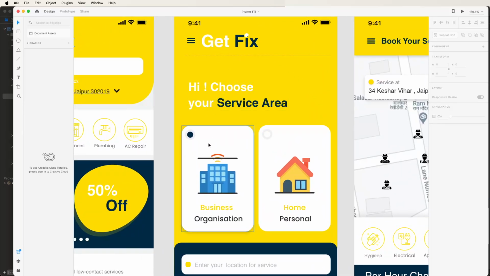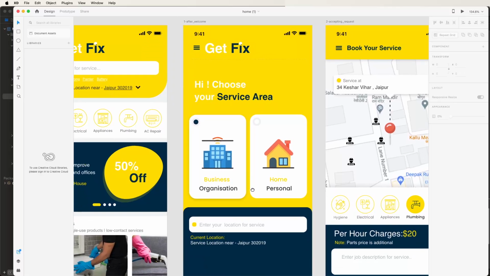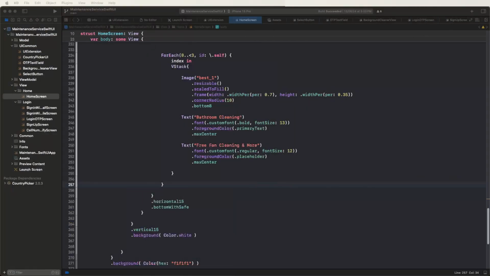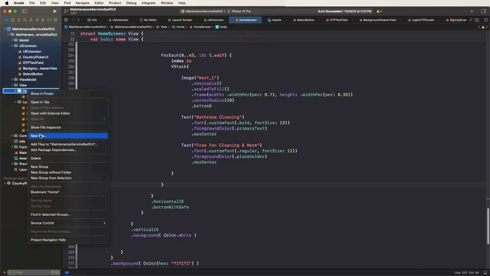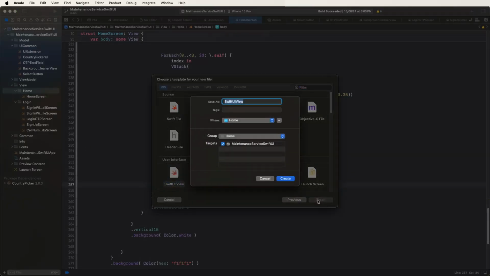And today we are making a UI like this. We need to develop this complete UI screen today. Let's start how to write inside the shift UI. First of all, we need to go inside the view, select here the home folders, and then after need to create here the new files inside the Shift UI view. Select here, and then after need to give this here the name, choice,